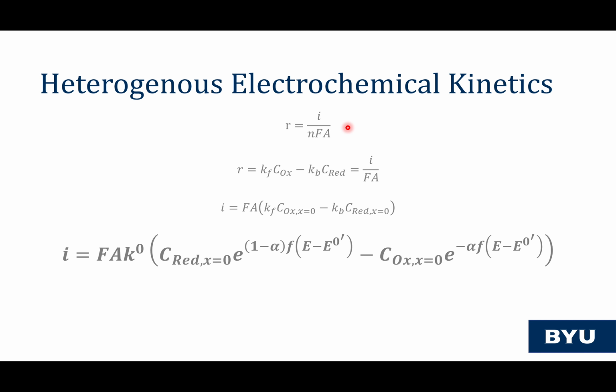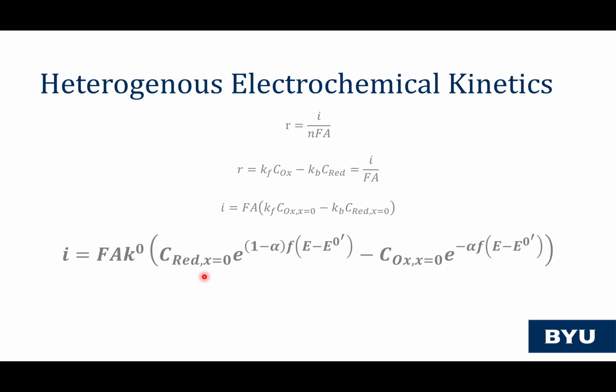So in that case, n is equal to 1. We write out our rate expression here, set it equal to the current divided by Faraday's constant and the area of our electrode. We rearrange so we have the current on one side, and then we expand out our rate constants